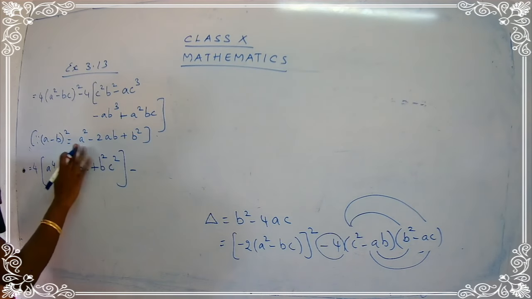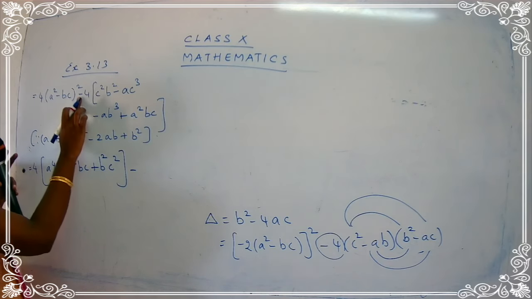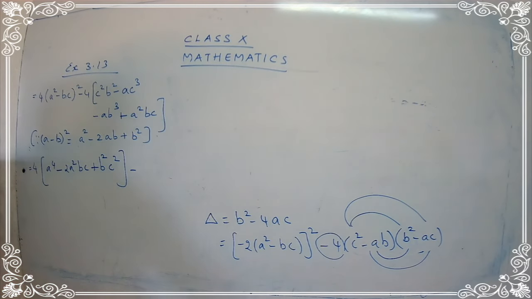Minus. So what is left now? Let me open the bracket. So minus 4 into C square B square. You may feel the sum is very tough and that there are so many things in the sum. The sum is confusing. We have many terms which are confusing. But let's do it slowly. I'll explain the steps to you twice. No problem. You just understand the concept.